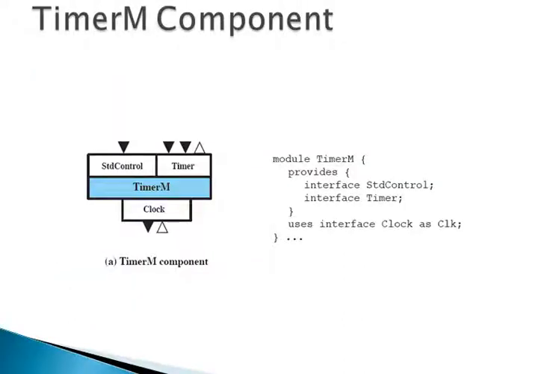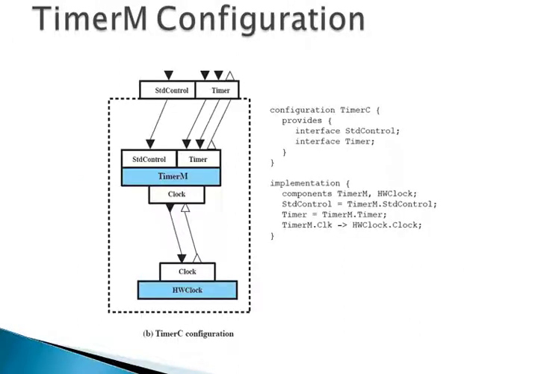TinyOS component. All components in a TinyOS configuration have the same structure, an example of which is shown above. The shaded box in the diagram indicates the component, which is treated as an object that can only be accessed by defined interfaces indicated by the white boxes. A component may be hardware or software. TinyOS configuration: components are organized into a configuration by wiring together their interfaces and equating the interfaces of communication. A simple example is shown here.